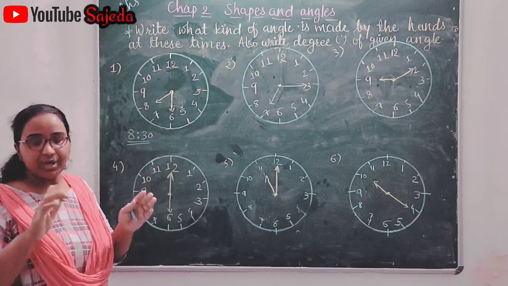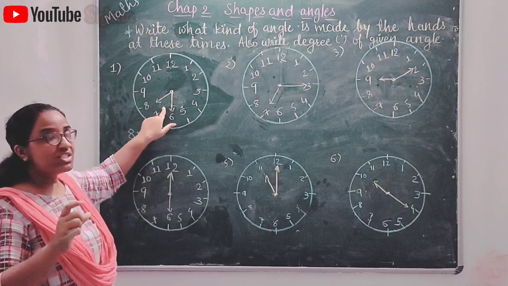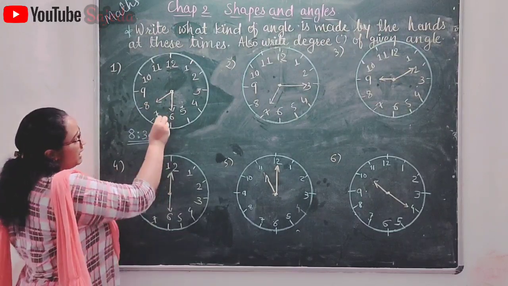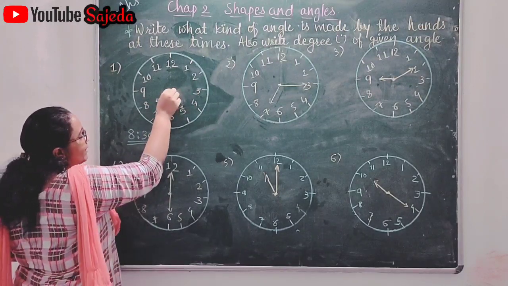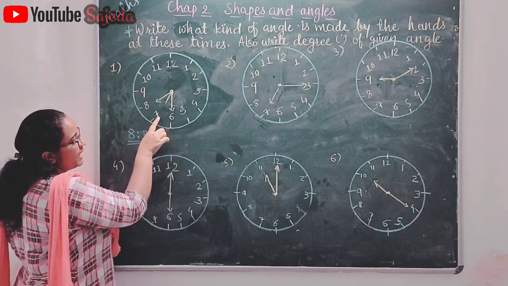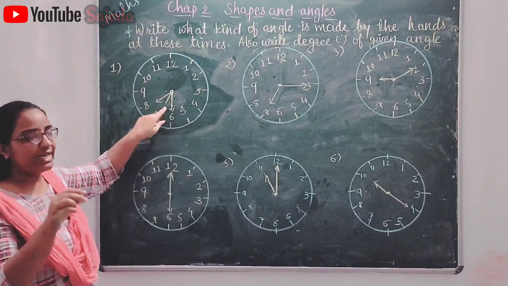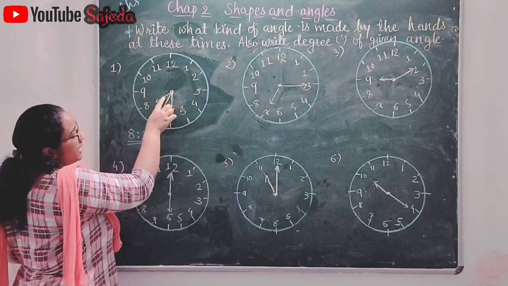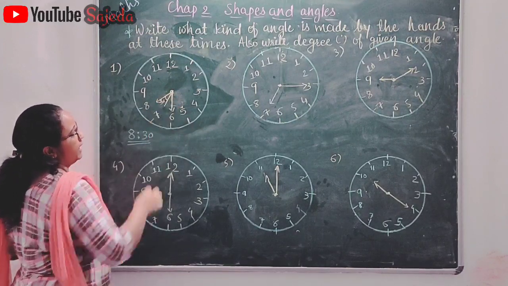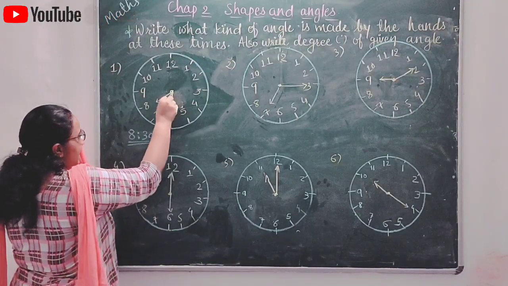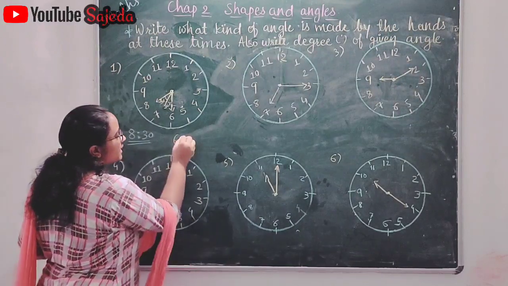And if you are not able to directly find out what kind of angle is this, first of all, find out how much degree of this angle. For that, I will draw the lines between each 2 digits. Here, between 8 and 7, I will draw one line. And immediately after that, the next is 7 and 6. Means, in this angle, I have to draw only one line. After drawing this one line, it forms 2 angles. And each of this angle is of 30 degree. So, this one is of 30 degree and this one is of 30 degree. So, total angle is of 60 degree.